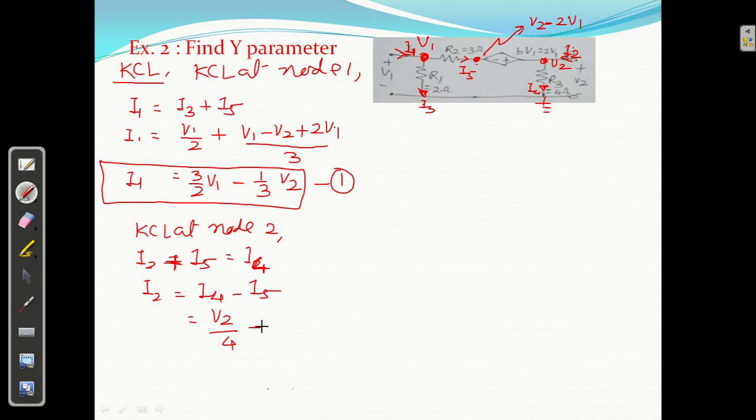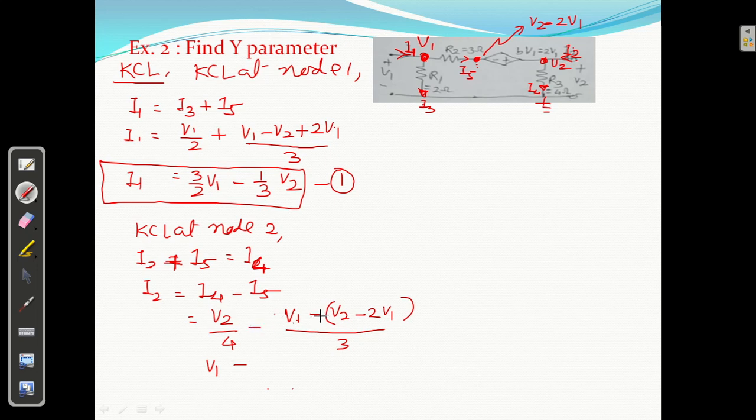V2 upon 4 माइनस I5 बोलो, I5 क्या है V1 माइनस यहाँ का पोटेंशियल, कितना ये था V2 माइनस 2V1, ऐसा था ना। पोटेंशियल यहाँ का कितना है V2 माइनस 2V1, पोटेंशियल डिफरेंस कितना होगा V1 माइनस दिस पोटेंशियल अपॉन 3. सो V2 माइनस I5. ओके। सो I2 इक्वल टू क्या होगा, माइनस माइनस प्लस 2V1, so V1 plus 2V1, 3V1 upon 3, so it is V1, ओके।